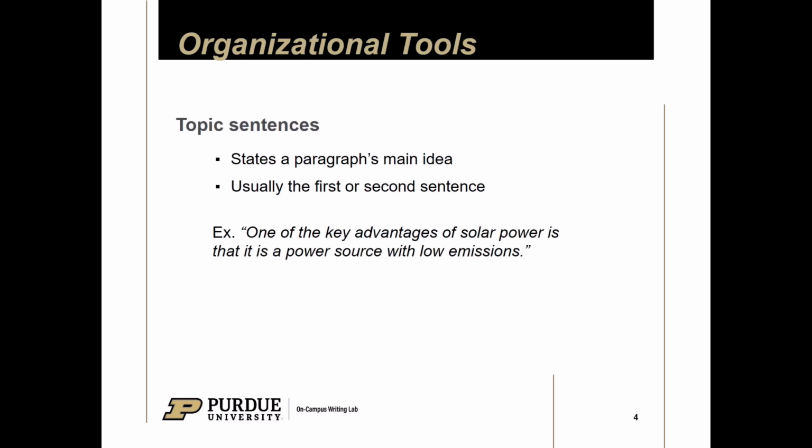The topic sentence advertises to the reader exactly what they should expect from this paragraph. If the whole paper or section is about solar power and its benefits, we know that this paragraph will be specifically about emissions. Often, it can be hard to write strong topic sentences while drafting, especially if you're still developing your ideas. It's a great idea to work on these topic sentences as you revise. You can check that each paragraph is unified around a single main idea, then write or edit your topic sentence to clearly state that idea.